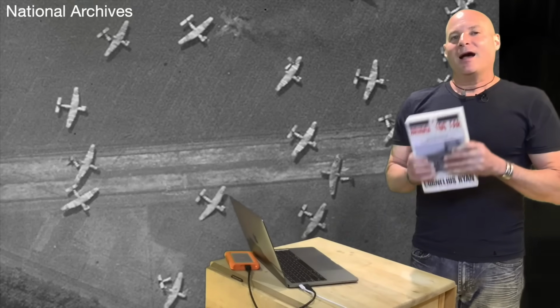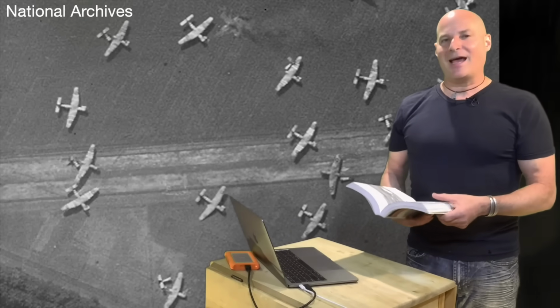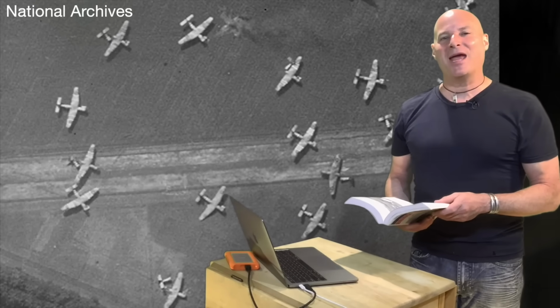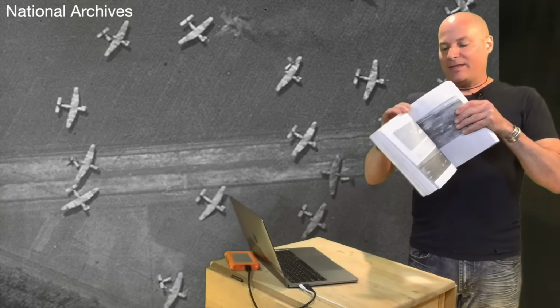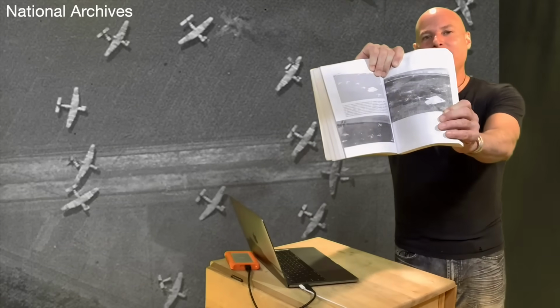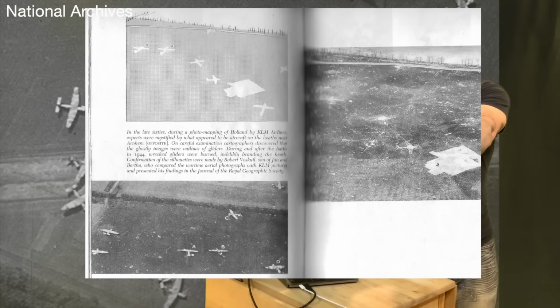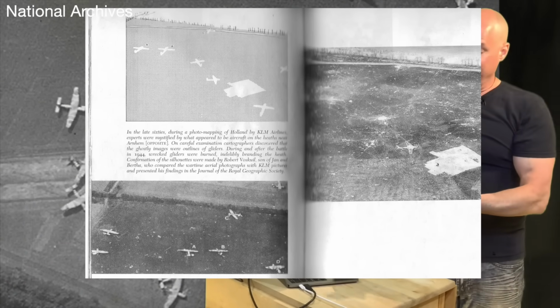So last night, I'm reading this book. On page 320, they talk about how in the late 60s, KLM Airlines were doing some aerial mapping outside of Arnhem, and they came across these ghostly shadows in the fields west of Arnhem, and they didn't know what it was, but they were airplane-shaped. Well, come to find out,